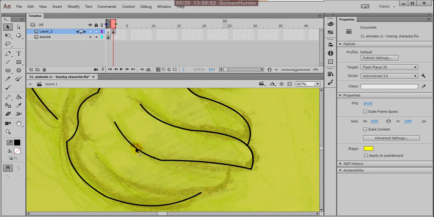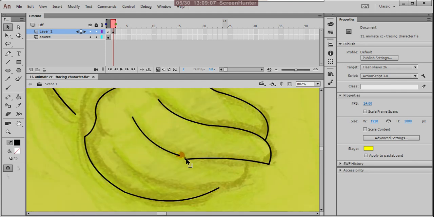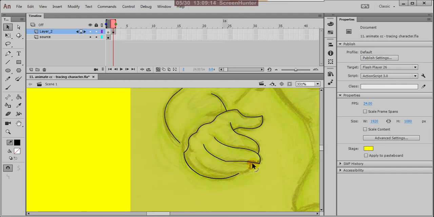The tracing is not yet finished today because it is a big drawing, but I wanted to trace it completely in two parts.